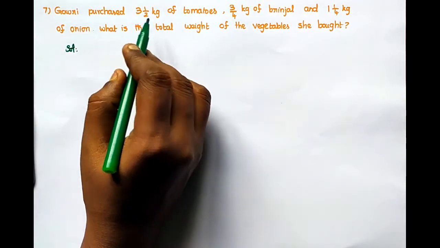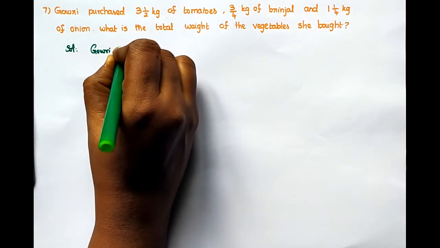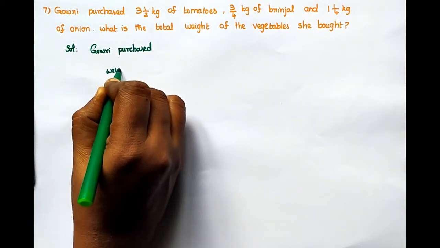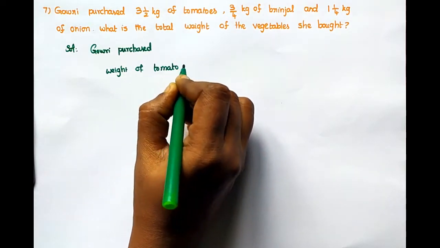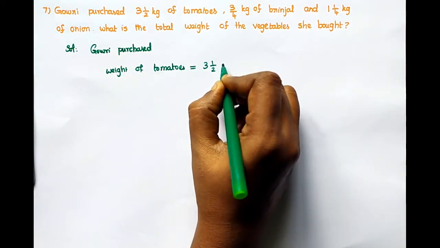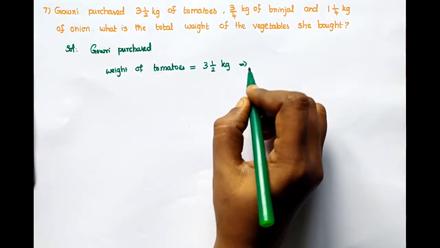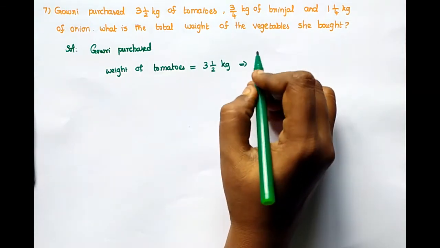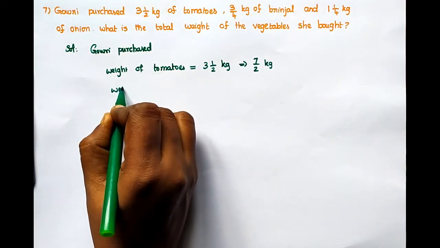Listen, Gauri purchased weight of tomatoes, that is 3 1 by 2 kilogram, that is change into improper. 3 2s are 6 plus 1, 7 by 2 kg,